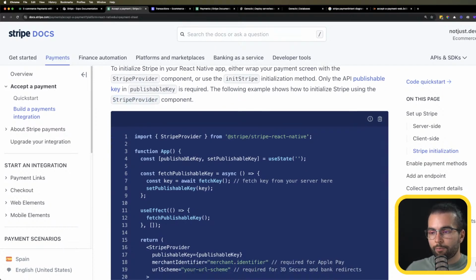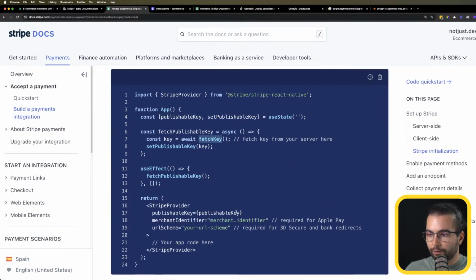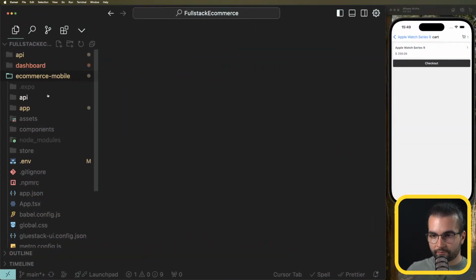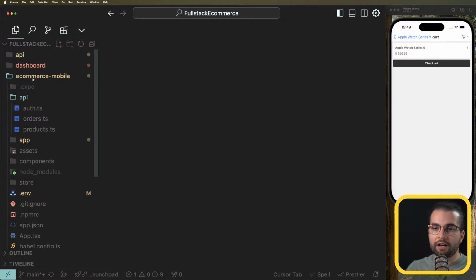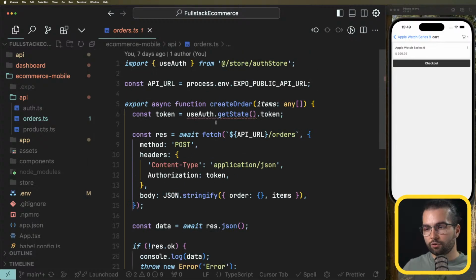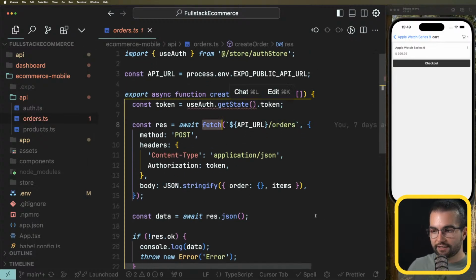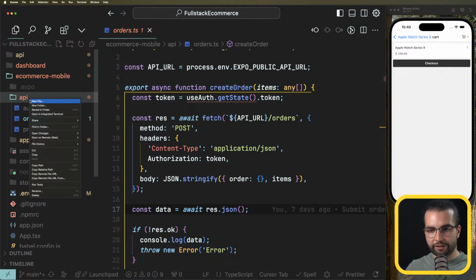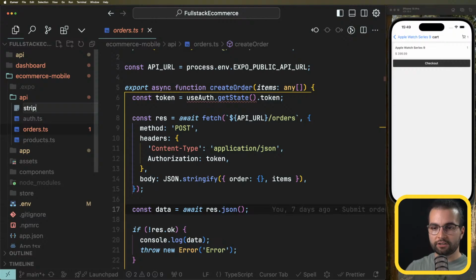So basically we need the publishable key that we take by fetching them from the server, and we see how they do that with the Stripe provider. So let's go in our application. And first I'm going to cover the e-commerce mobile API, and these are files that we used to create these low-level fetch requests to interact with our API. Let's go ahead and create a new one here, stripe.ts,